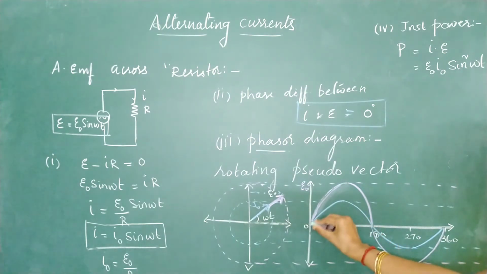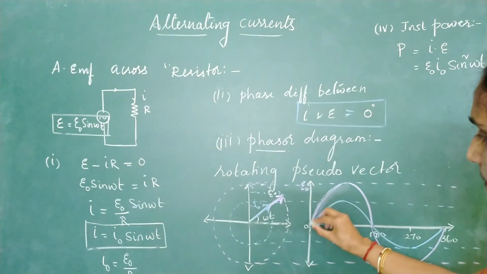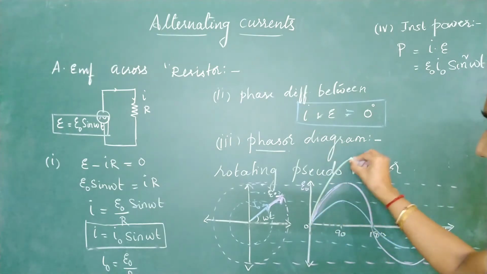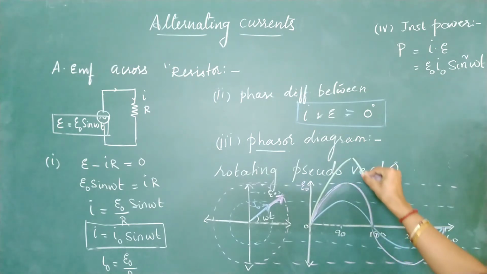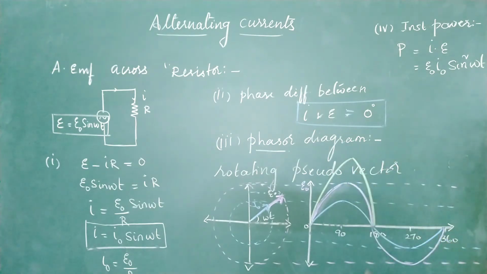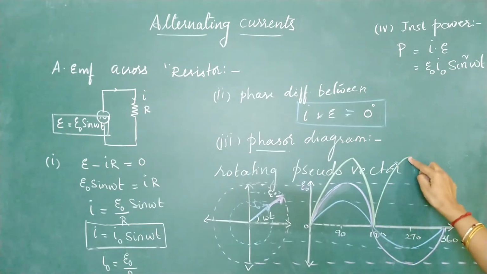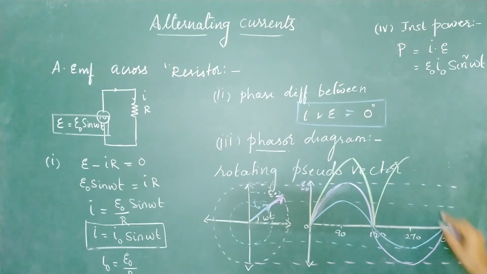The product of these two values also increases with time. Okay, so show the product. I am showing the product with a green color. Product will increase. Both are decreasing, product of these two also will decrease. Negative into negative. See here, current is decreasing, EMF is also decreasing. Both are negative values. Minus into minus, your power will be positive. Both are increasing, power also increases. Both are decreasing, power also will decrease.